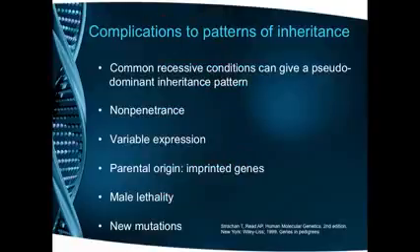So if you think about a common recessive trait, then in a pedigree, it can actually really look like a dominant disorder. And a really great example of that is blood group O. Multiple different people can have brought blood group O into a family, and then when you look at the actual pedigree, it can look like it's autosomal dominant. We already talked a little bit about